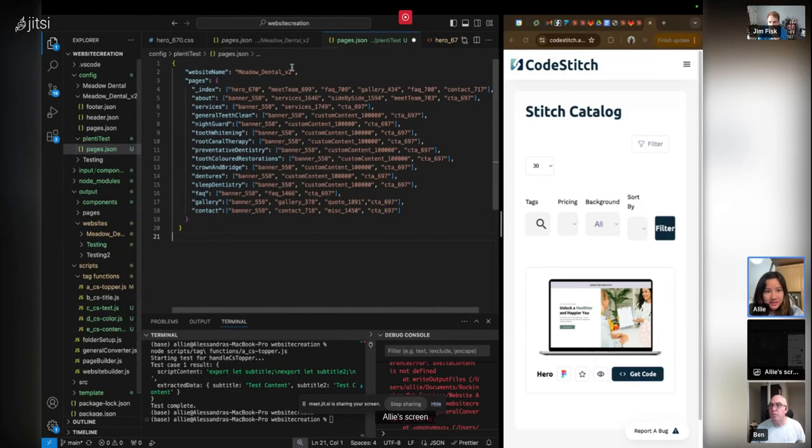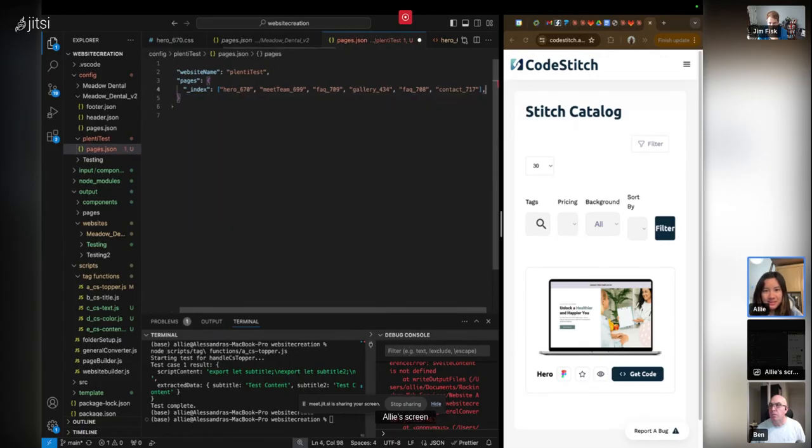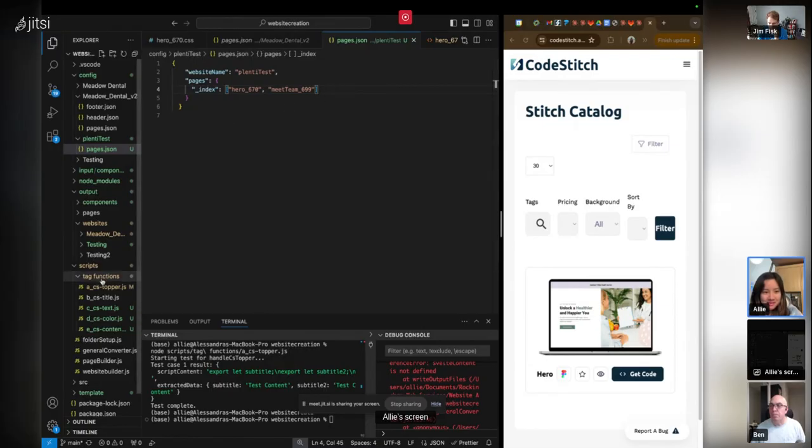And then I make this the title, Plenti test. And let's say we'll just have one index page. And so these are all like the components. So I'll just have two here that we've kind of got in the website. And so what I do is,